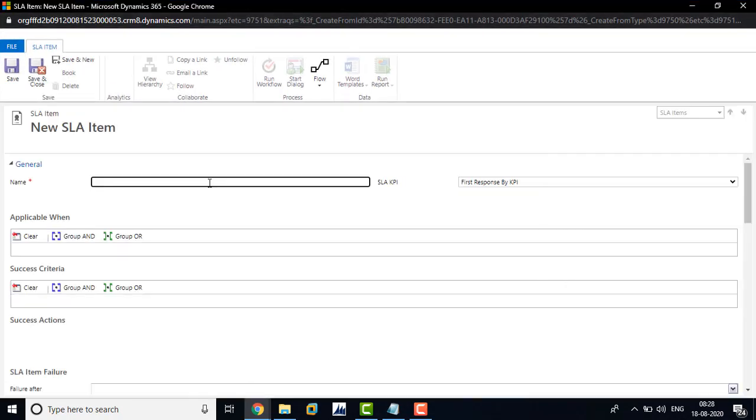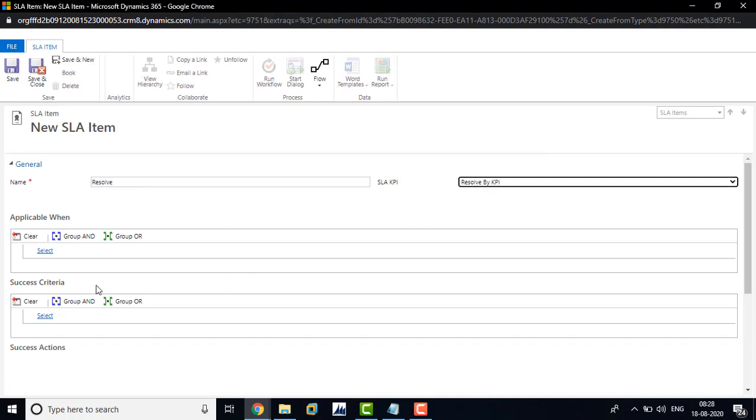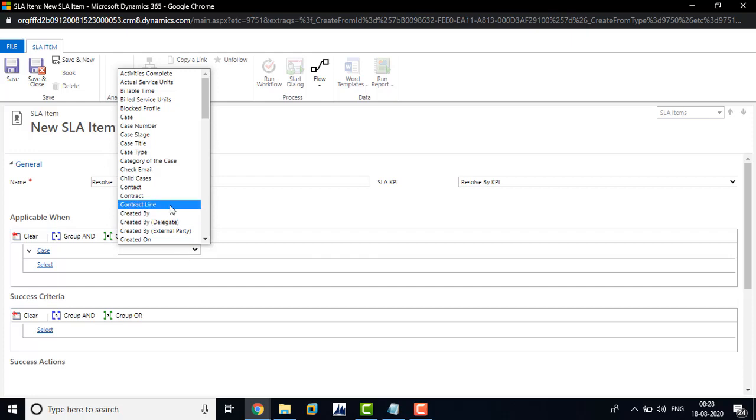Here we are going to choose the SLA KPI resolved by. Choose the case when applicable, choose the case item and priority equal to normal.